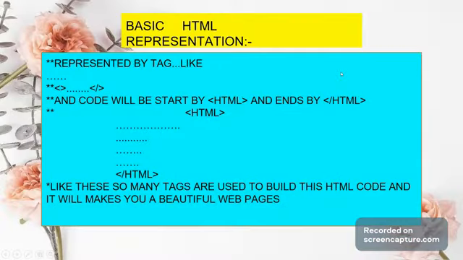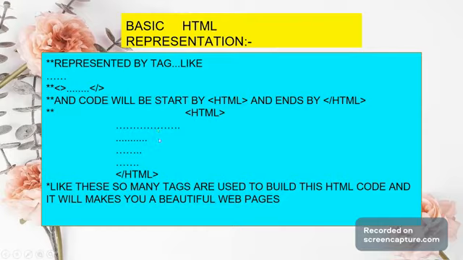Okay. What is the basic representation of any HTML code? Between these tags we will write all the code. See, the less than and greater than symbols are there, and this is represented like a tag. In these tags you will write all the code. The starting line of the code will start with the html tag, the body of the code will be written here, and the closing tag will be written here. HTML, closed HTML, like that.